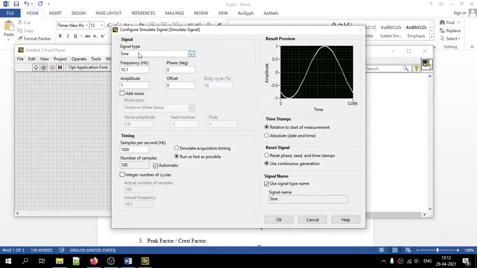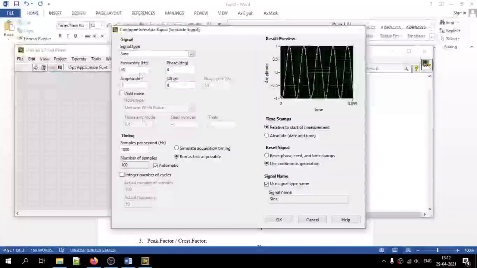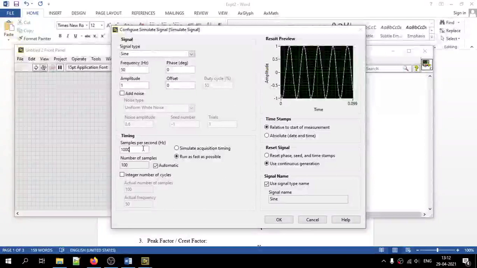Initially let the signal be a sine wave with a frequency of 50 Hz, and let the sampling rate be 20 times the frequency of the sine wave. Since our power frequency is 50 Hz, we sample it at least 20 times, that is 50 into 20, which is 1000 Hz. Click on OK.